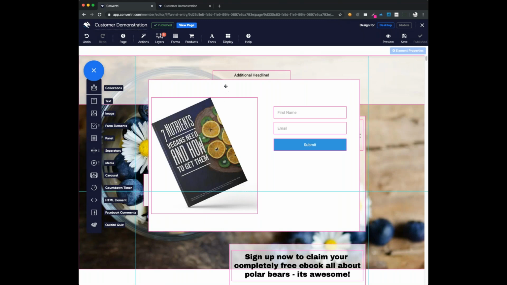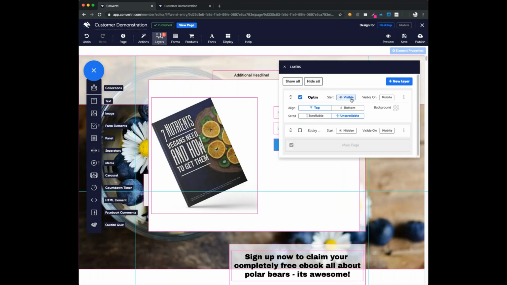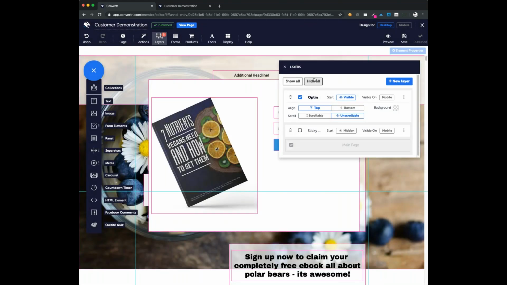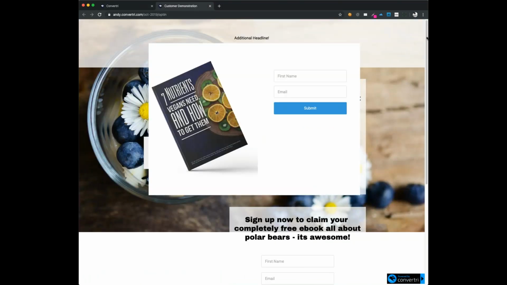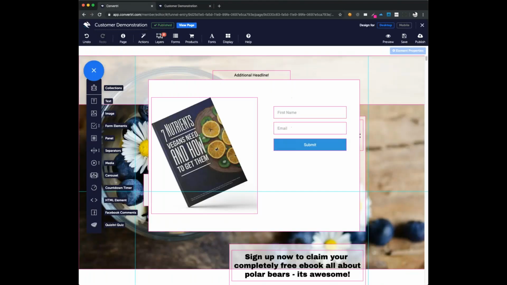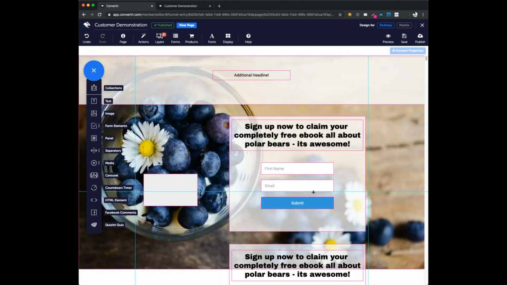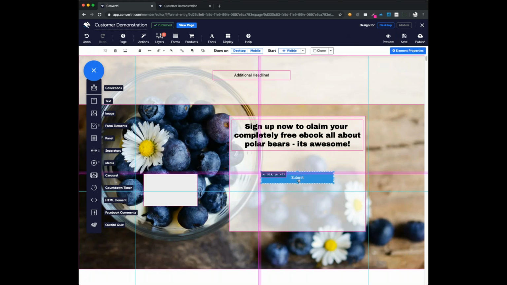And I've probably not set that to be visible, so we'll make it start visible just to make it easier to see. And again, that's now stuck over the top. And we can also do clever things like using our actions and events system to show it. So let's turn that off for a moment. In fact, this layer is going to start hidden. We'll get rid of first name and email. We'll get rid of these other ones as well. So now